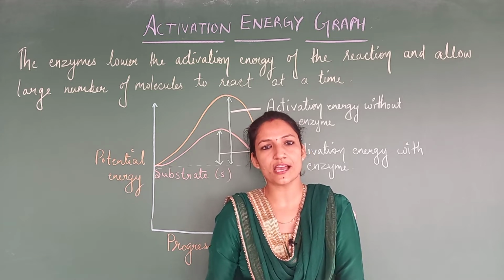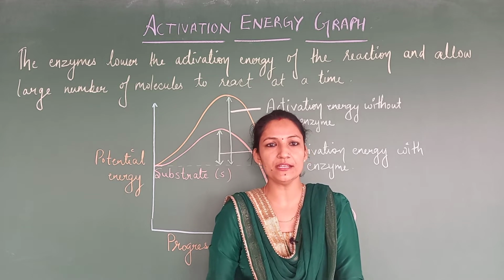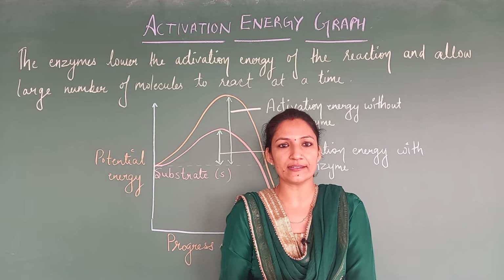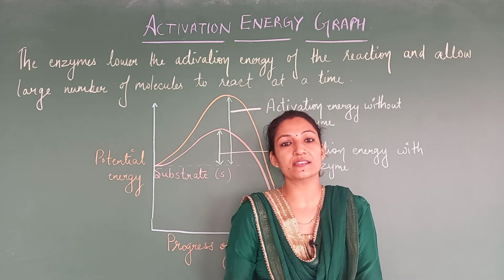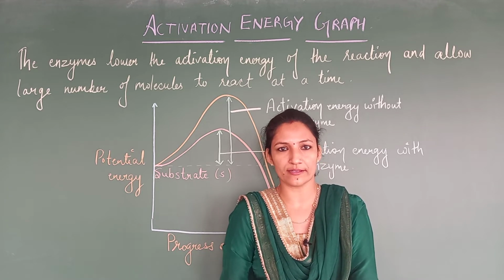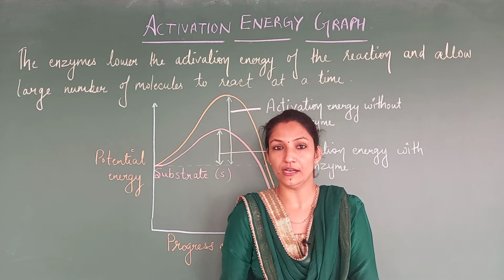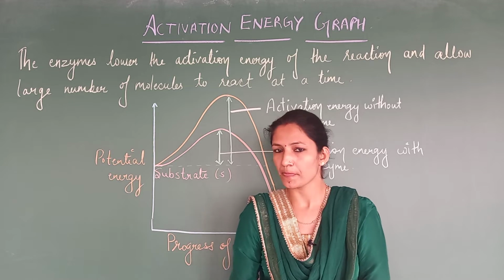So what are enzymes going to do? The reaction becomes faster. It means the number of substrate molecules, that is the reactants, that will be converted into the products is at a maximum, or in more numbers. That is the turnover rate. So by adding an enzyme, the turnover number is going to increase. How is it going to increase?